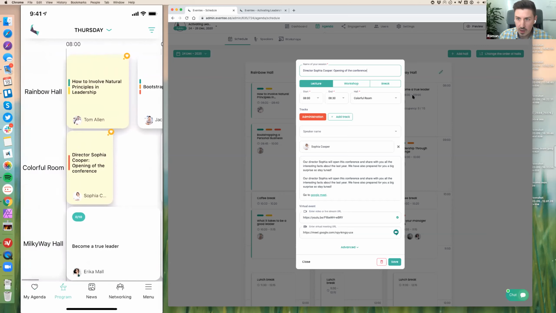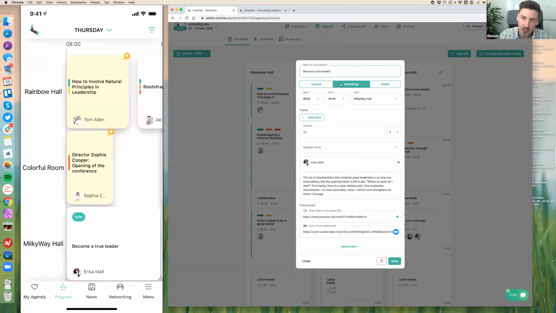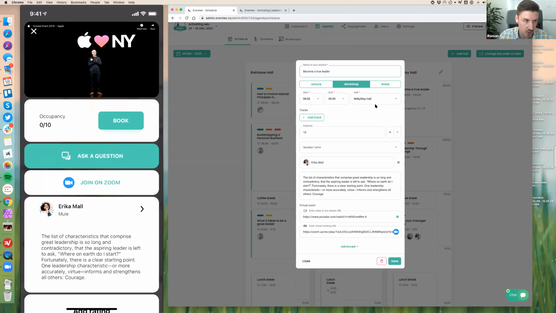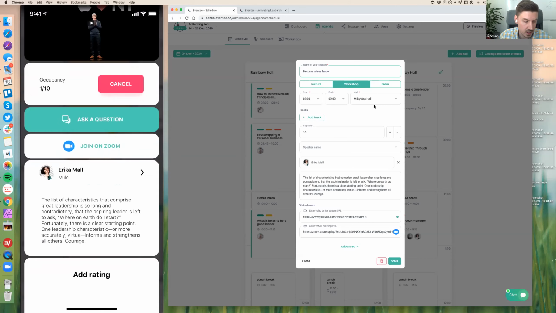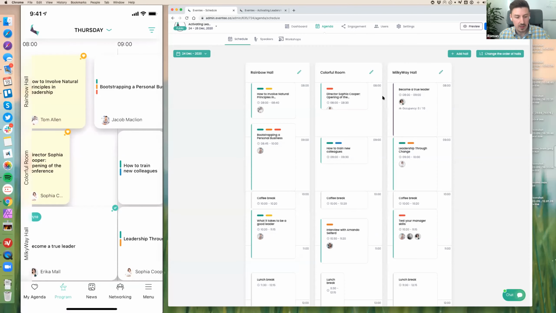As you can see, one of the sessions on the right side is a workshop, and on my phone I can see that this is workshop. The occupancy is 10 seats and nobody is there currently, and I can book this session because I would like to attend this one. So that's basically all I wanted to show you about the agenda, how to build one and how to share